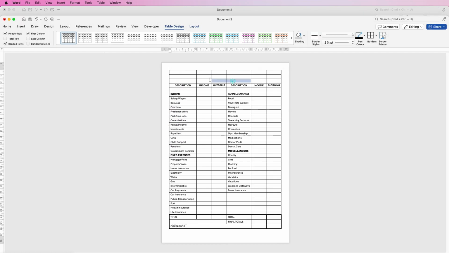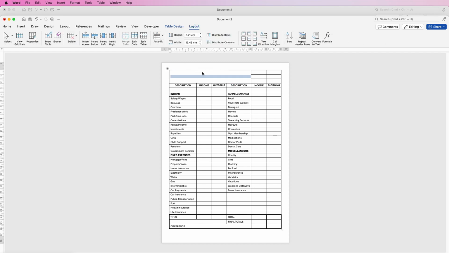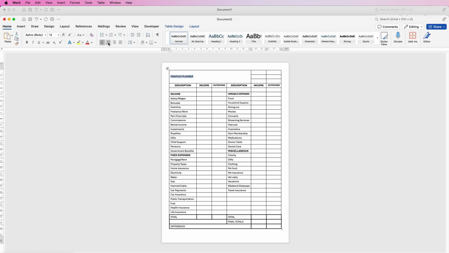Then here we're just going to select all of these cells, go to Layout and select Merge. And in here we're going to put Monthly Planner. Select the text, go to Home, select Center, Bold, and then increase font size. And then in here we can put month, and then year. And then although we'll keep these cells, we're actually just going to take off the border